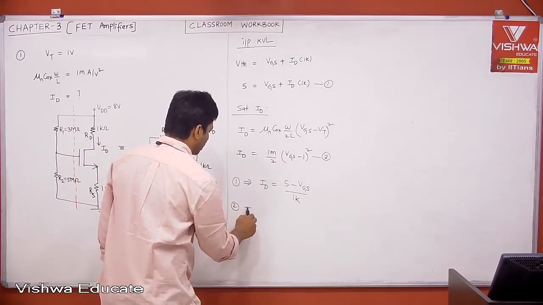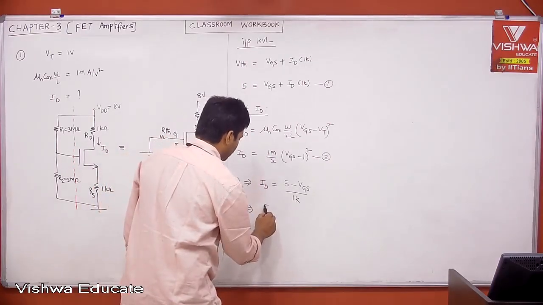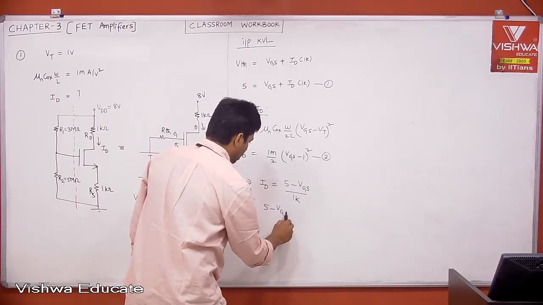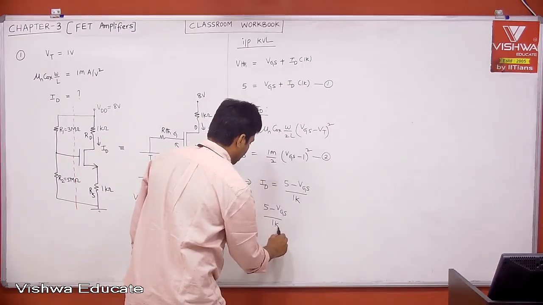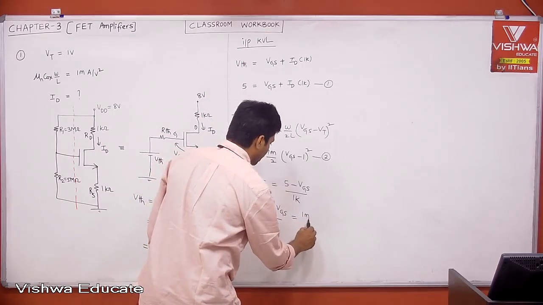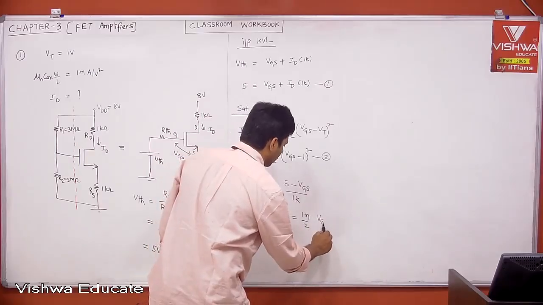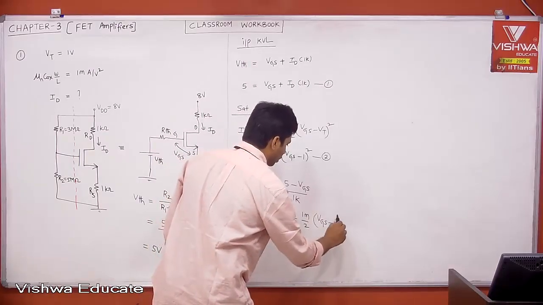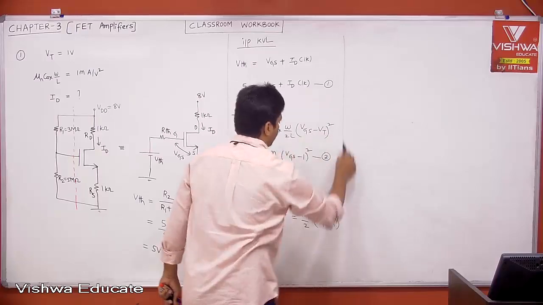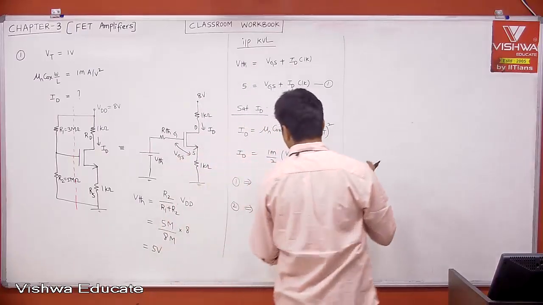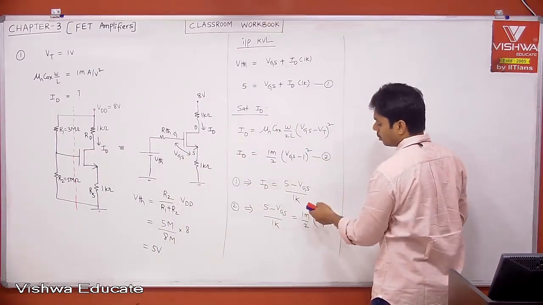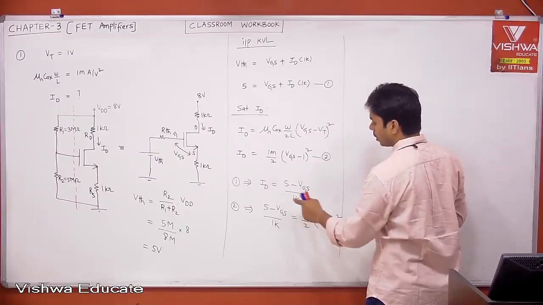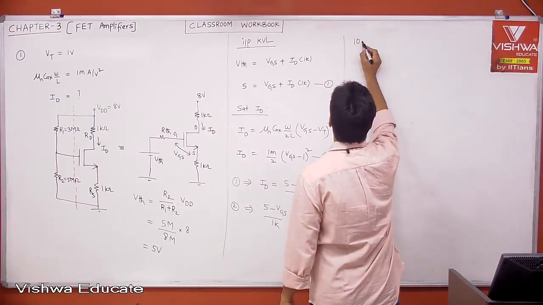Therefore, equation 2 implies (5 minus VGS) divided by 1K is equal to 1 milli by 2 into (VGS minus 1) whole square, right? Therefore, 1K, going to the right hand side, 1K into 1 milli will be cancelled, and the 2 will go here. Therefore, 10 minus 2 VGS